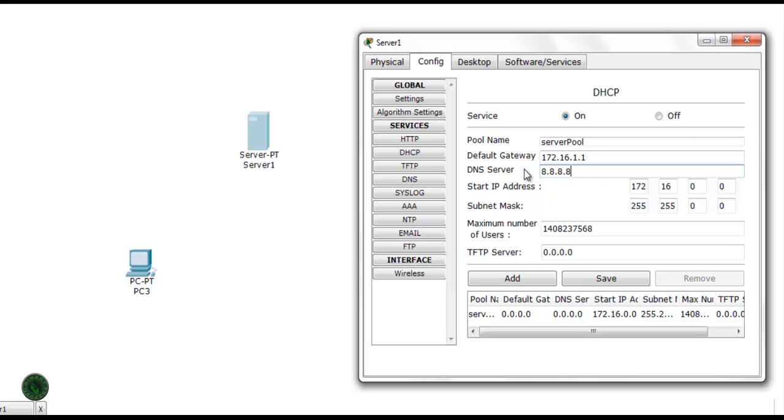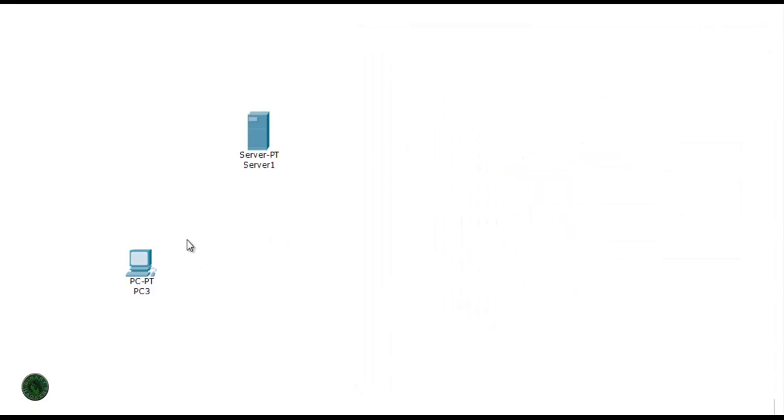DNS server is 8.8.8.8. The starting IP is 172.16.1.50. Maximum users is 20 and the setting is set. Click on save, so it will save your setting.